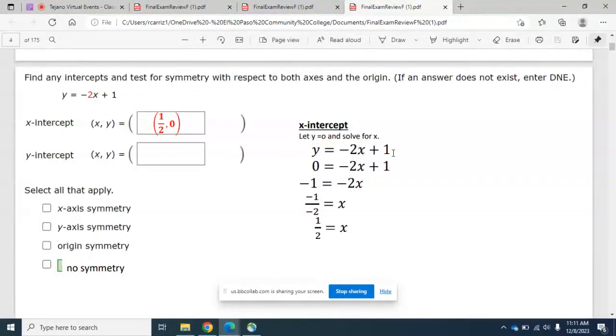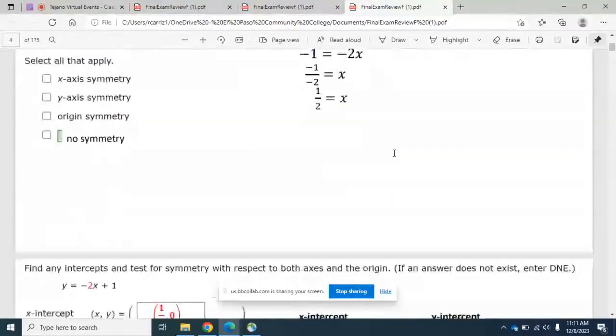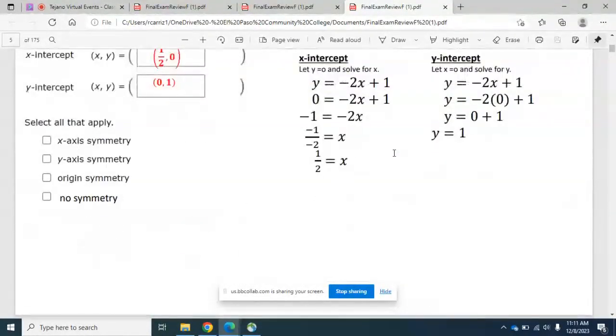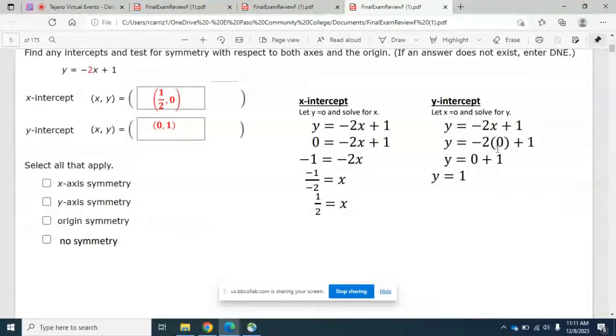Now, to find our y-intercept, we'll do the opposite. We'll set x equal to 0 and solve for y. Okay, so we'll do this. Everywhere we see x, we'll put our 0. So negative 2 times 0, that's 0, and 0 plus 1 is 1. So our y value is 1. So our y-intercept: when x is equal to 0, y is equal to 1. Okay, so now what we want to do is check